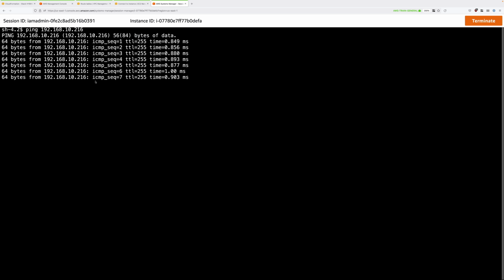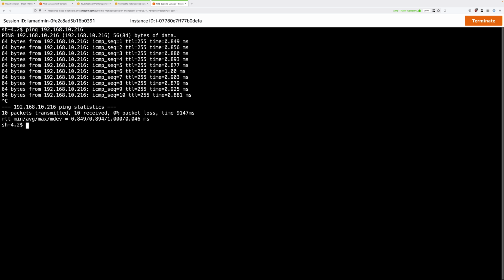Now this indicates that we do have network connectivity, so layer 3 connectivity between the AWS environment and the simulated on-premise environment. What we don't have though is DNS integration. If we type ping and then a space and then app.corp.animalsforlife.org and press enter, we still get name or service not known. So while we do have layer 3 network connectivity, we don't have any DNS integration, and that's what we're going to do next. This is the end of part 2 of this lesson.